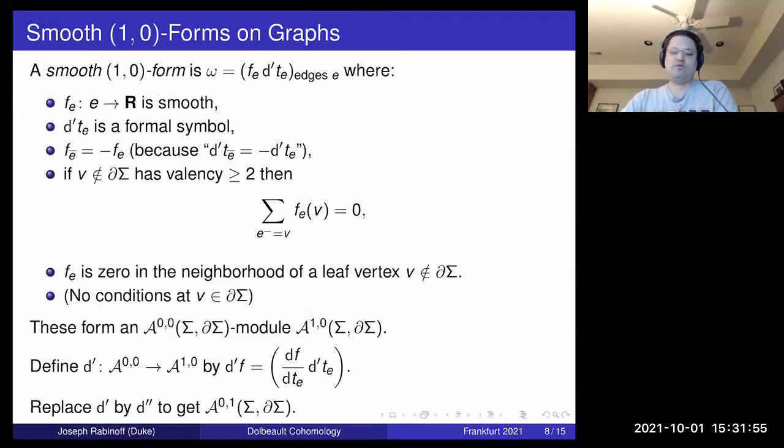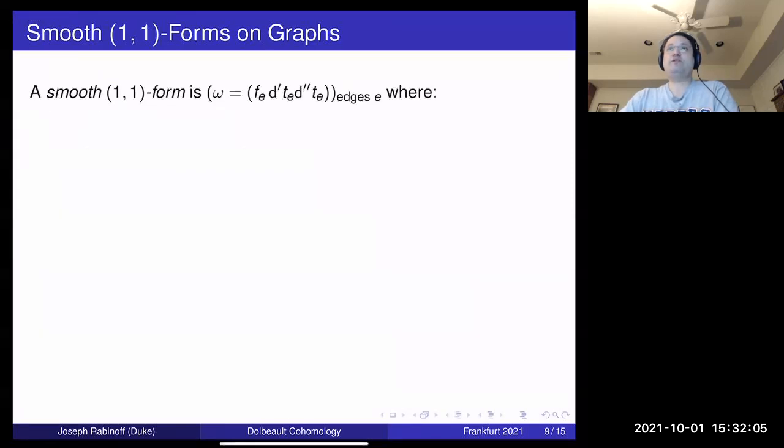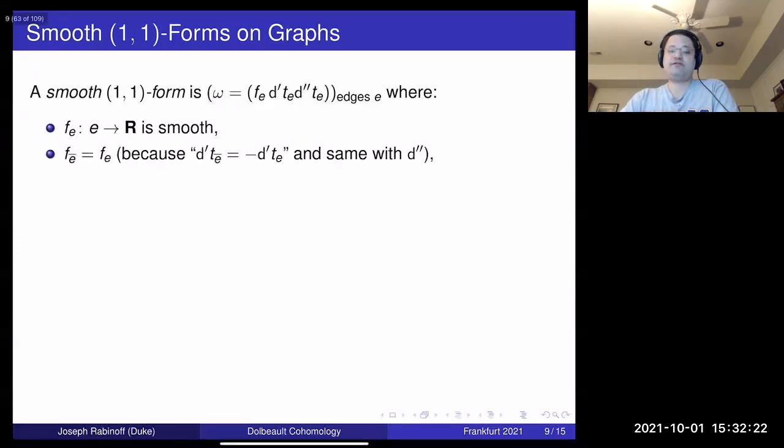Likewise, you can define 0-1 forms, and the only difference is you replace d prime by d double prime. Okay, so what's a smooth 1-1 form? It's the collection f sub e, d prime t sub e, d double prime t sub e, where again you have a smooth function on every edge. But now f sub e bar is equal to f sub e,